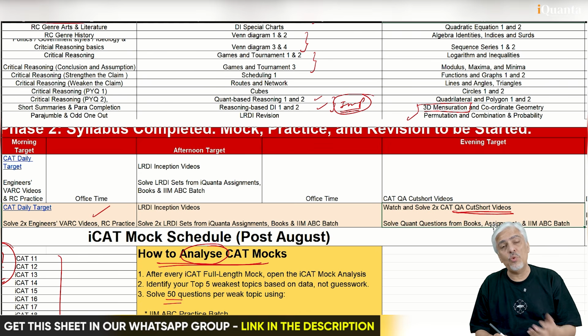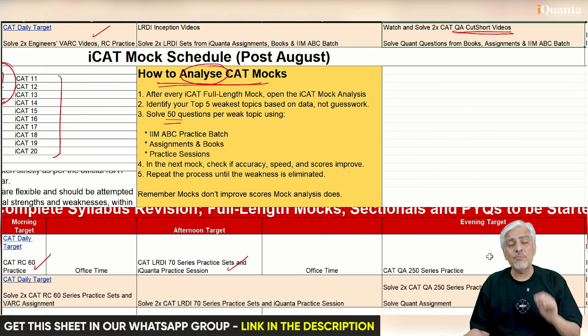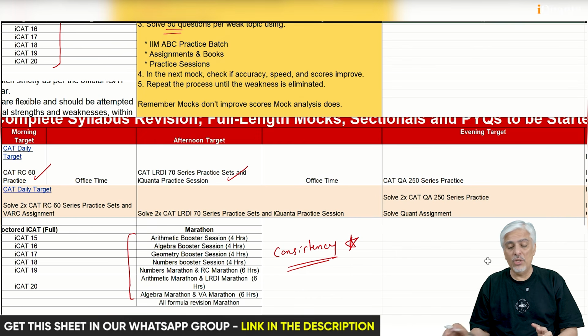And for that also, we are doing a lot for you. I am posting on the iQuanta app every day, one concept and a couple of questions around it. So if you keep doing such things, you will get strong at that. By the time geometry starts in class, you will be really comfortable with it. These are small habits which really help you. That is why I'm saying consistency is the most important.